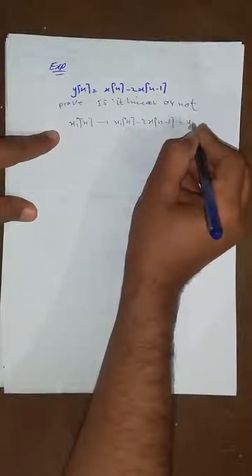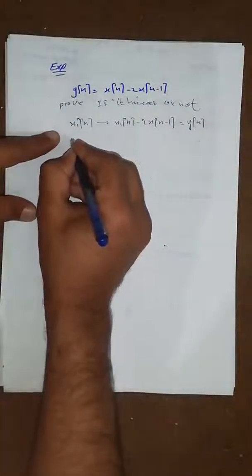This is input and this is output. Let's suppose z of n